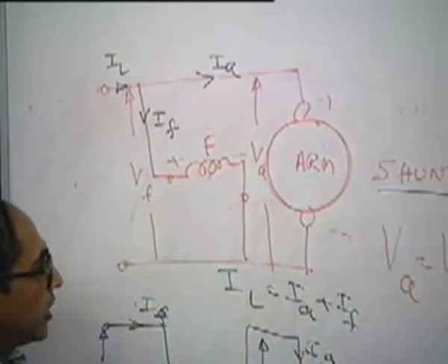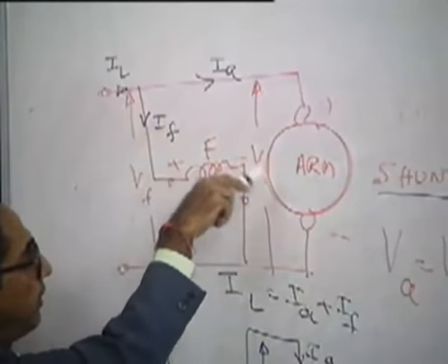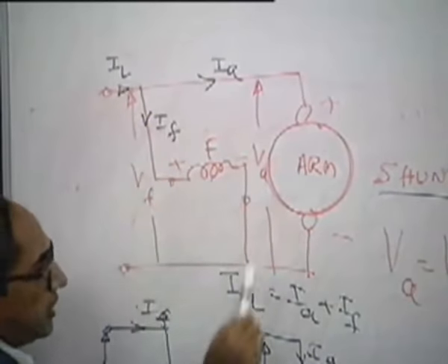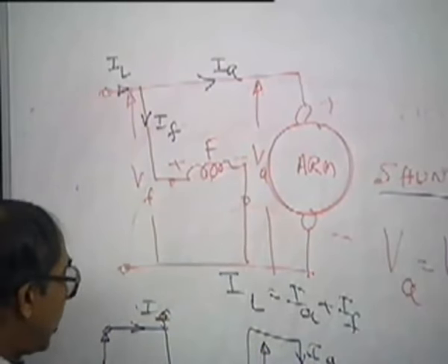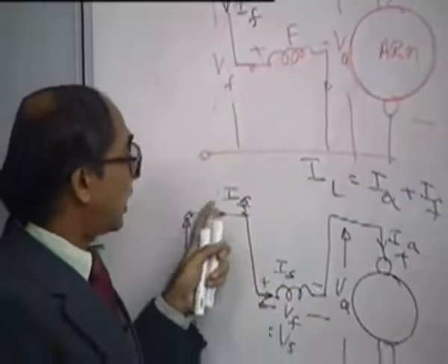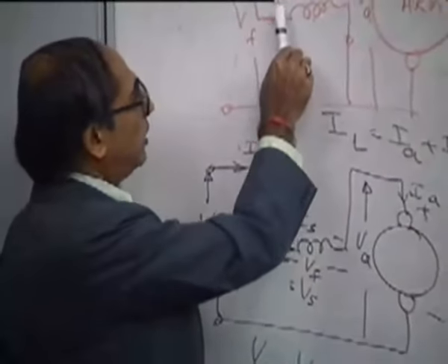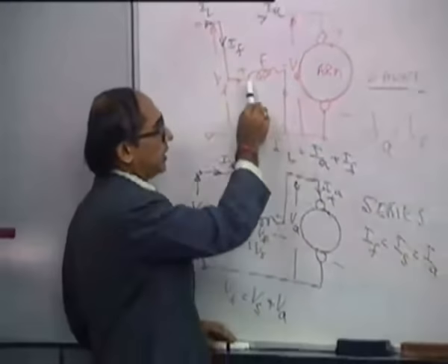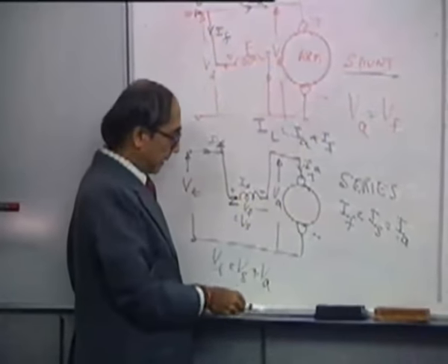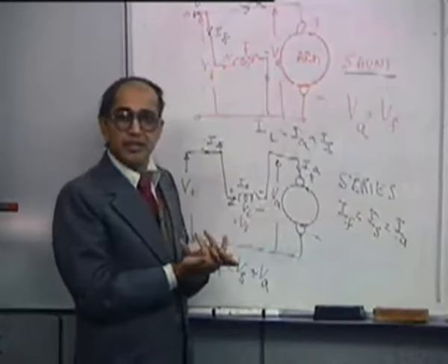So you will notice in the shunt connection, the terminal or line currents will be adding up while the voltages will remain the same. In the series connection, the voltages at the terminal will add up with the field and armature while the current will continue to be the same. So this is basically one time the armature voltage is exciting the field, another side armature current is exciting the field. Okay. This is the main difference between the shunt and series.